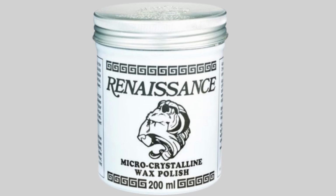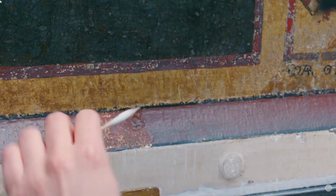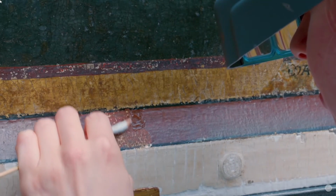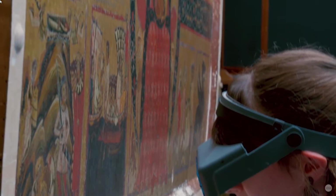Okay, now once that's dry, it's time to add our protective coating to the finish. The product that I'm going to use to protect the metal, no matter whether it's the polished brass or these hands, which we have darkened, is called Renaissance wax polish. Now, if you're not familiar with this polish, it was actually developed specifically for conservation work, protecting everything from metal to photographs,